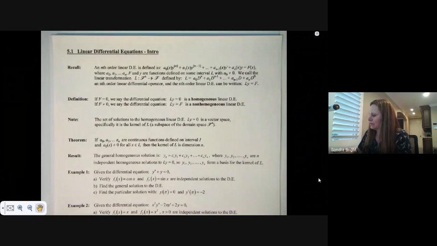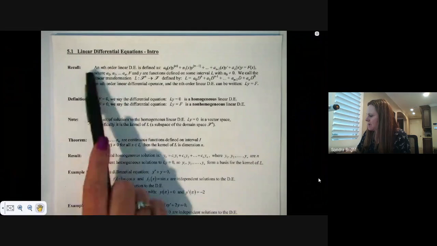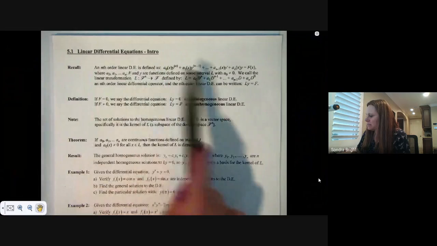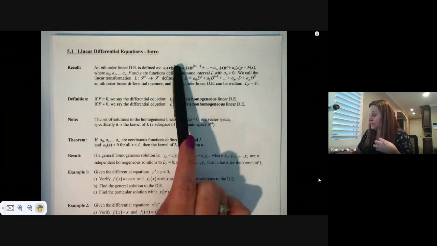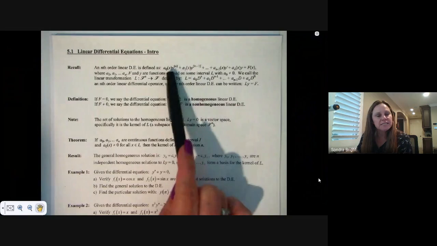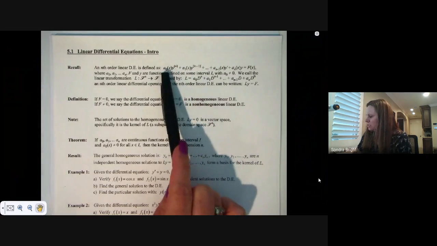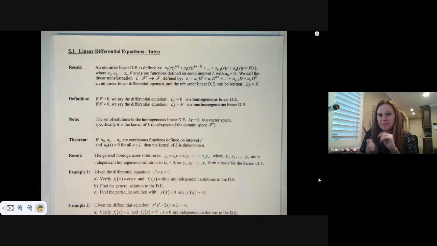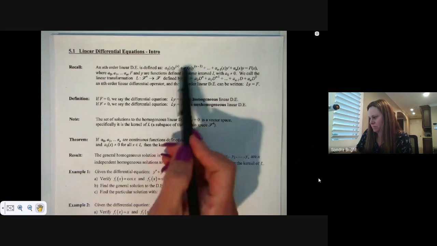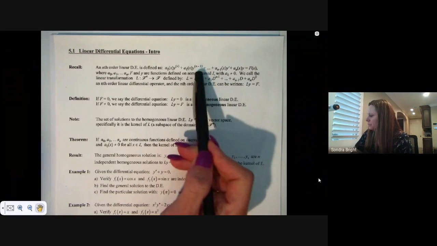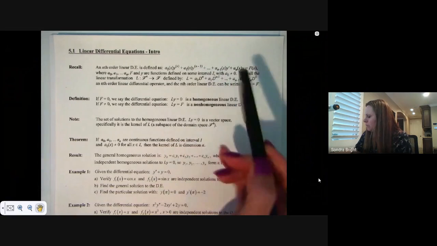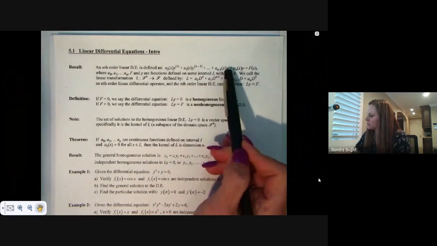An nth order linear differential equation is defined as a naught of x, so this is the coefficient on y, the nth derivative of y, right? But it can be a function of x. It doesn't need to be a constant. And remember, when there's parentheses, that means it's the nth derivative. It's not to the power of n. And so you've got another coefficient that could be a function of x times y to the n minus 1th derivative, all the way through to the first derivative on y, and then times y equals big F of x,